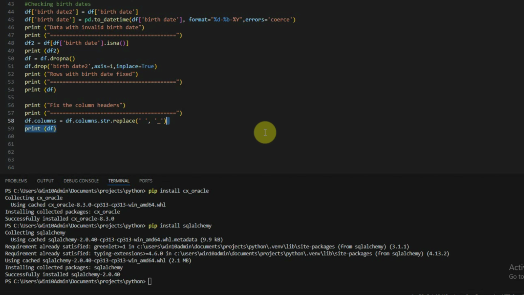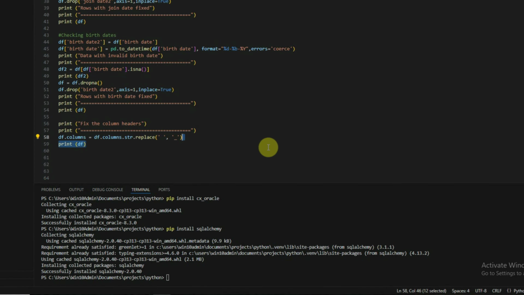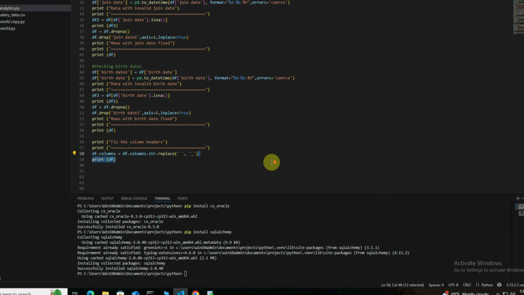Now we need to import the SQL Alchemy package first. So let's go to the top and I'll just import SQL Alchemy, as we are going to create an Oracle database object here for SQL Alchemy. So let's give it a name as ODB. That stands for Oracle Database. Now let's scroll down